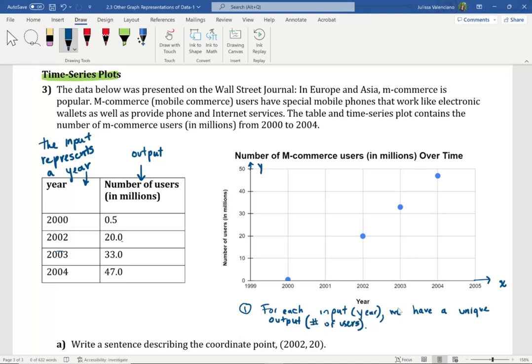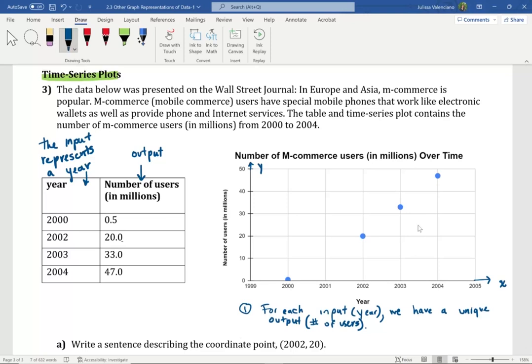It's never going to be the case where we see more than one point for the same x value. For example, for the year 2000, we wouldn't have more than one point. It's not going to be like the scatter plot. With scatter plots, it is possible to have multiple outputs for the same input. So that is one of the main differences between scatter plots and time series plots.